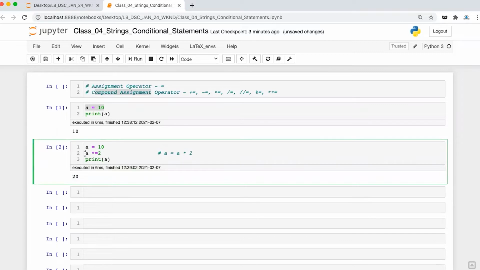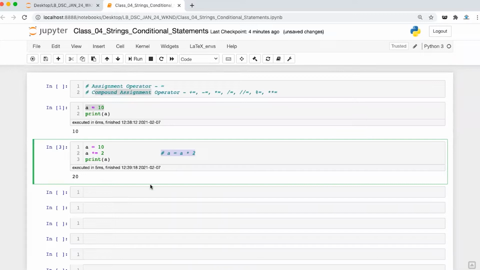Okay, so now if you execute this code, this is also going to give you the same result, right? So this operation is called the compound assignment operator, where the meaning of the compound assignment operator is the same as this. So you can replace this with star equal to or plus equal to. If you have star, then you can replace it with star. If you have plus here, then you can replace it with plus, and so on. Okay, so this is the compound assignment operator we have.